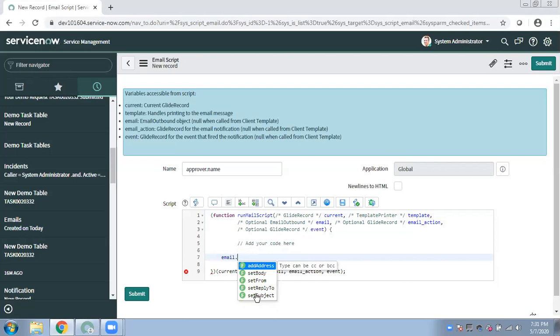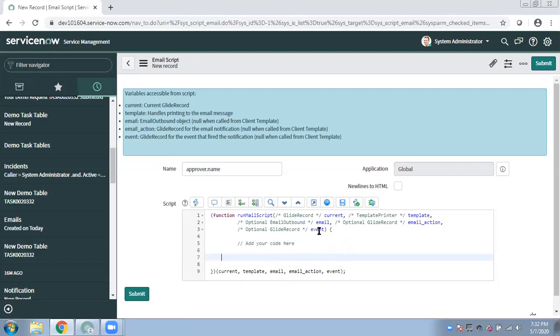Instead of setting a fixed subject in the email subject field as we did previously, you can calculate it dynamically through script and set it from here. If you want to set body content dynamically, or add a recipient, like adding someone in CC or BCC, you can do it using this. That is why the email object is available. It gives you these things.